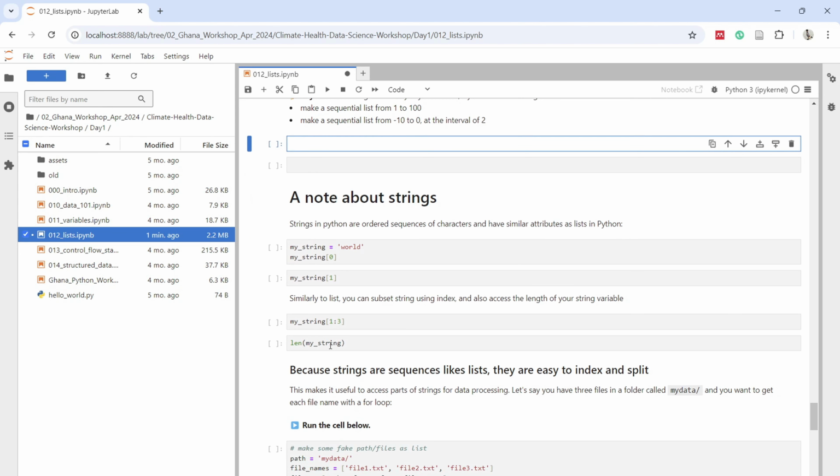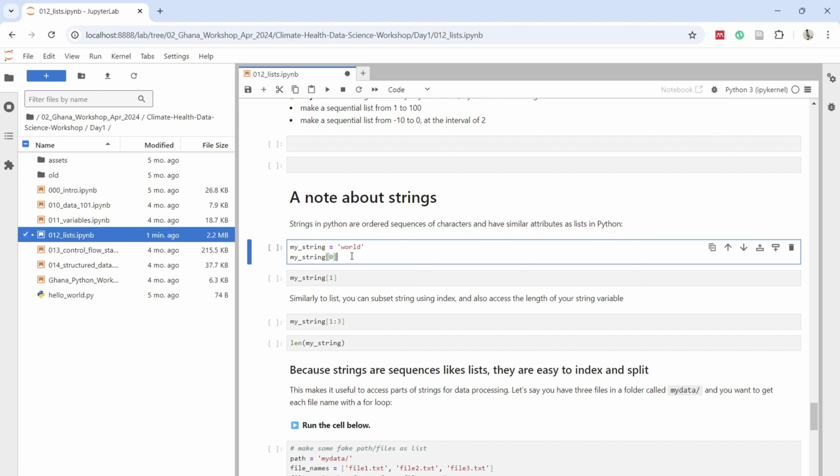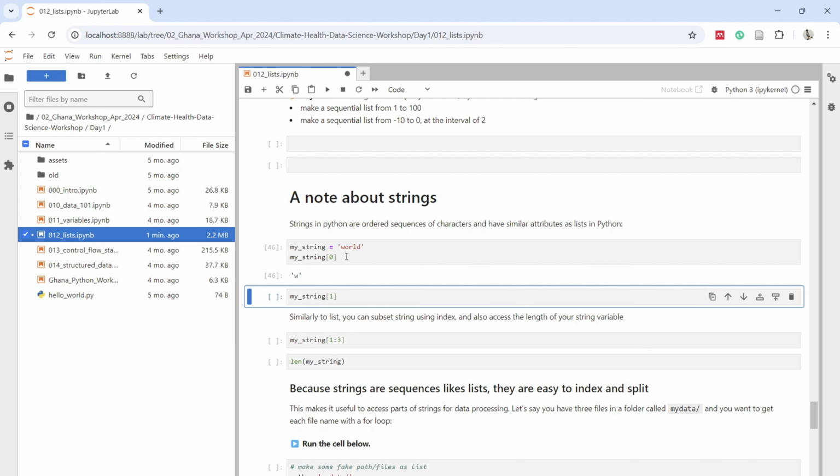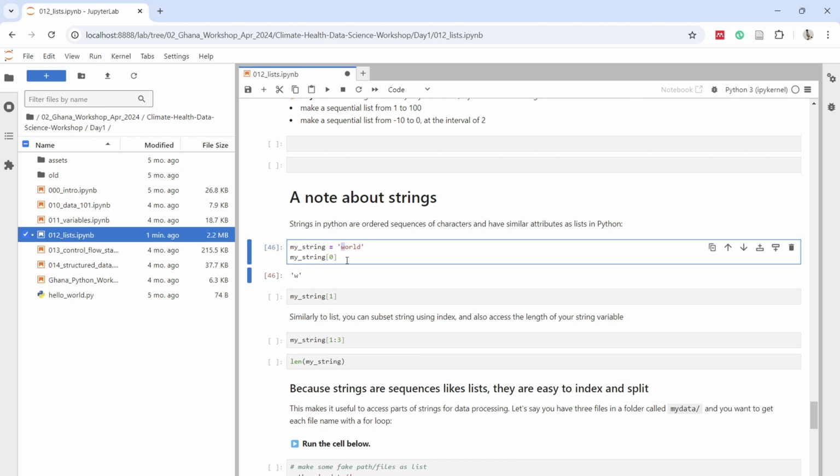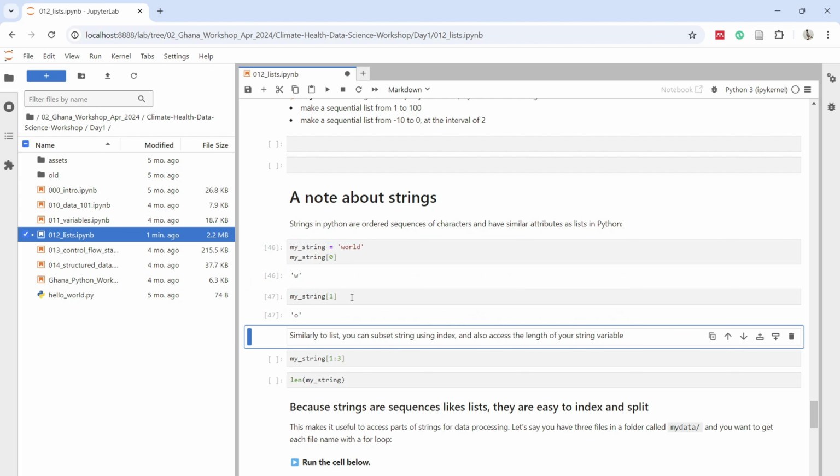And in the end, it is worth noting that strings in Python also share many similarities with lists. They are both sequences which allow us to use many of the same operations that we have learned for lists in this session. So now let's look at some examples. So first, I'm defining a new variable called myString, which is equal to world. And we can use the same as what we did for list indexing to access the character in the string. So here we can access the first character, which is a W,